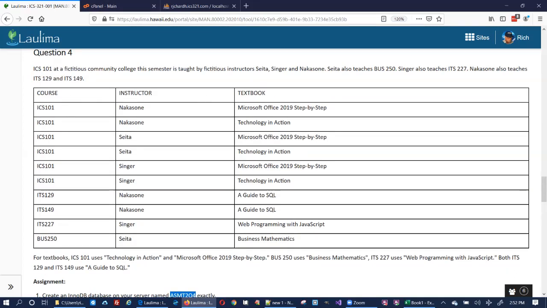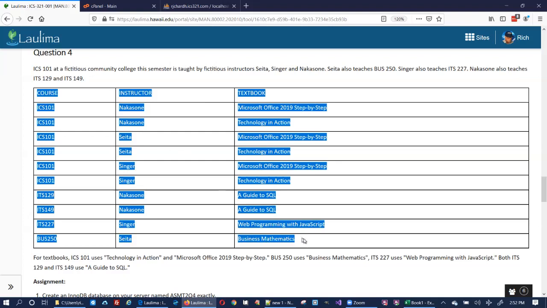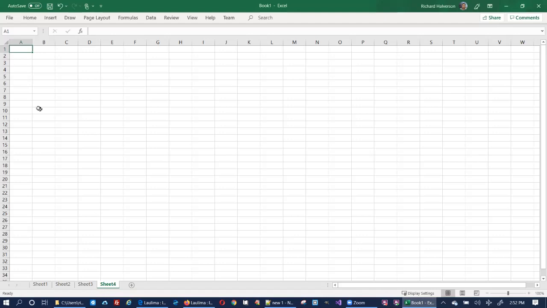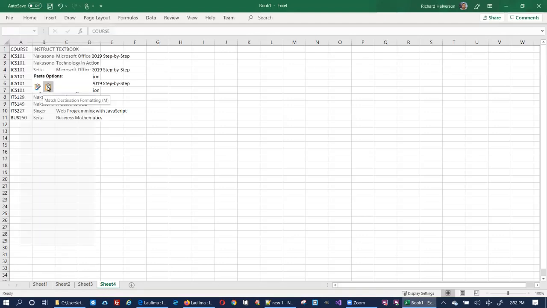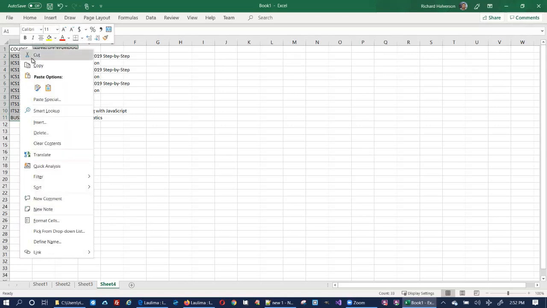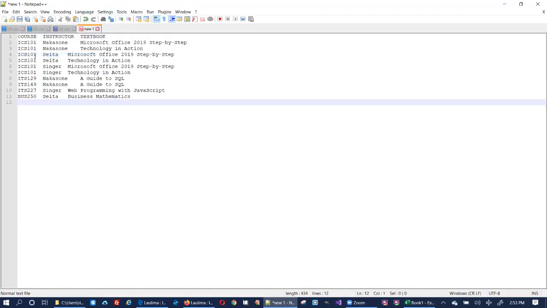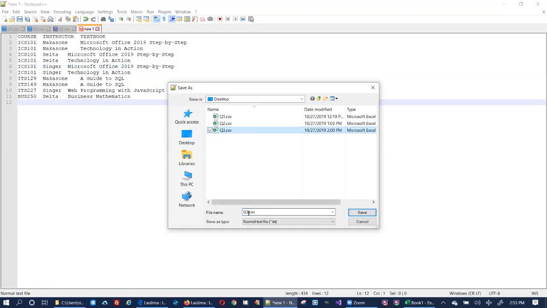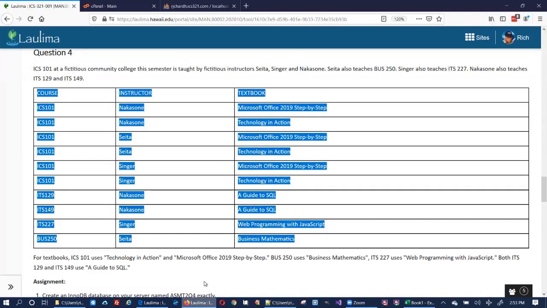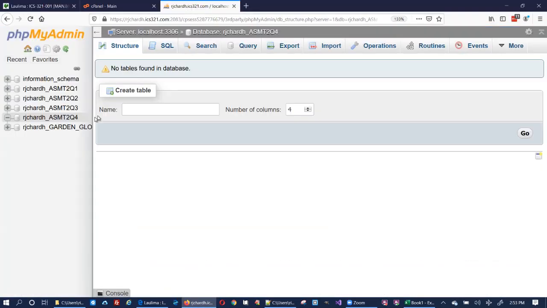And so I'm going to just select this, right-click, copy, go to my sheet here, right-click, paste the second one, copy, go to text editor, paste, save as Q4.csv, go to phpMyAdmin, to the database, import,